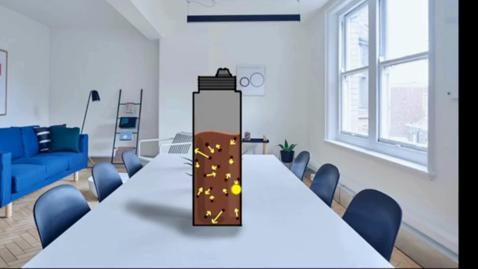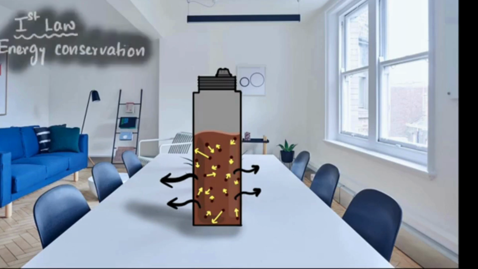Where did it go? Well, you can probably guess it. That must have flown into the surrounding. And here's the thing. If our system lost some amount of energy, our surrounding must have gained exactly that same amount of energy, right? Because energy can neither be created nor destroyed, isn't it? Guess what? That itself is what we call the first law of thermodynamics, okay? First law of thermodynamics is basically energy conservation. You cannot destroy or create energy. Energy must always be accounted for.